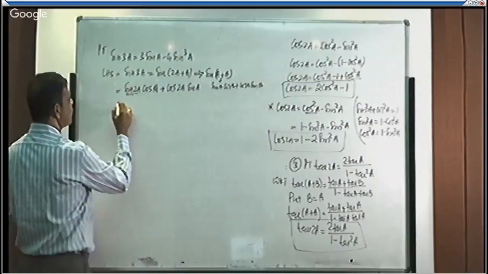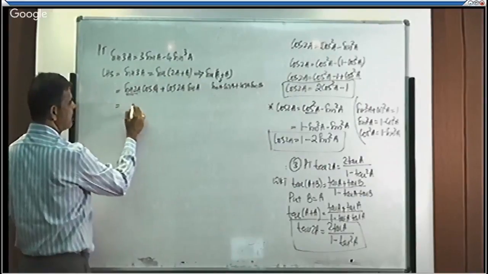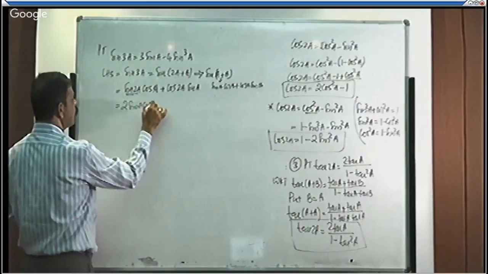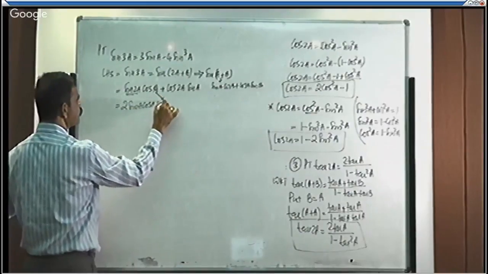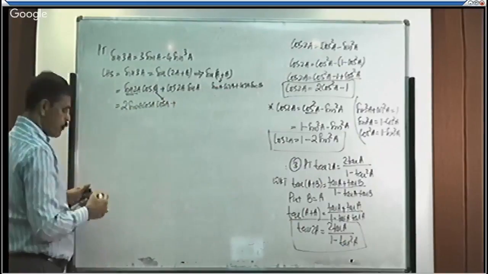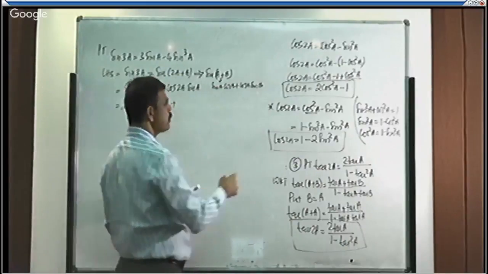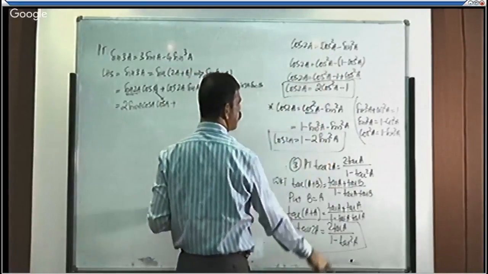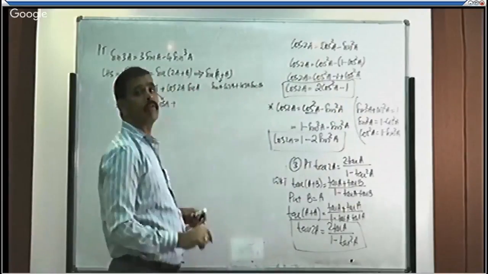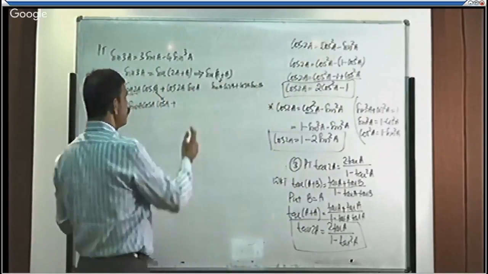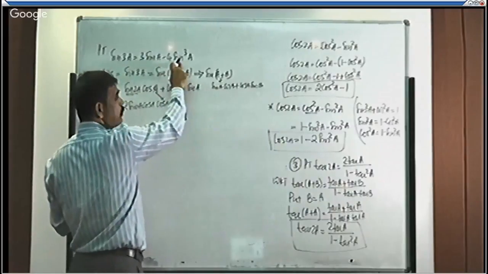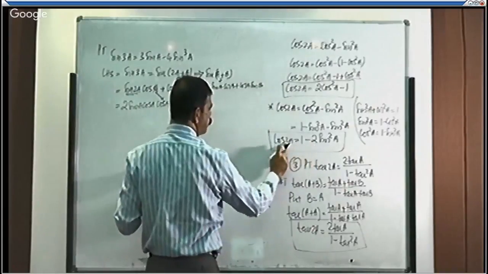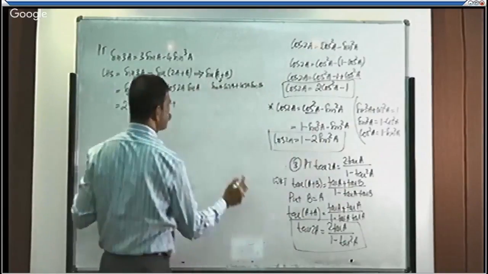For this, we have a formula. Sin 2A is what? Just we have derived it. Sin 2A is equal to 2 sin A cos A, and take this cos A as it is. Plus, for cos 2A, we have three formulas: cos 2A is cos square A minus sin square A, or 1 minus 2 sin square A, or 2 cos square A minus 1. Which will be the relevant formula here? The formula is all in sine, therefore the cos should also be taken in terms of sine. Cos 2A is equal to 1 minus 2 sin square A.